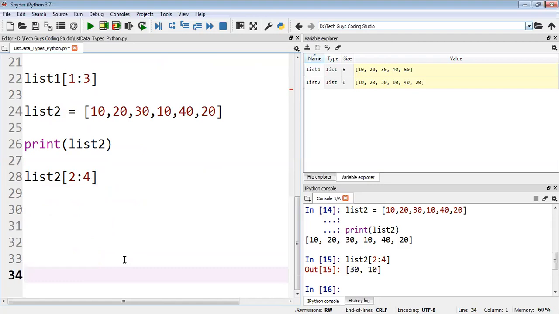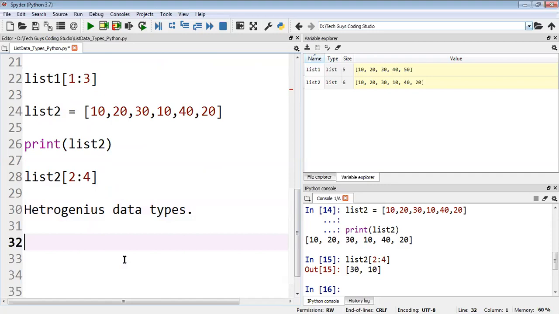One more thing I would like to say, the list is heterogeneous. It's a very important concept. We should know heterogeneous data types. Heterogeneous in the sense that it's not like you need to add integers only. See, this is a list. You can add 10, 20, then you can add strings like Rahul.